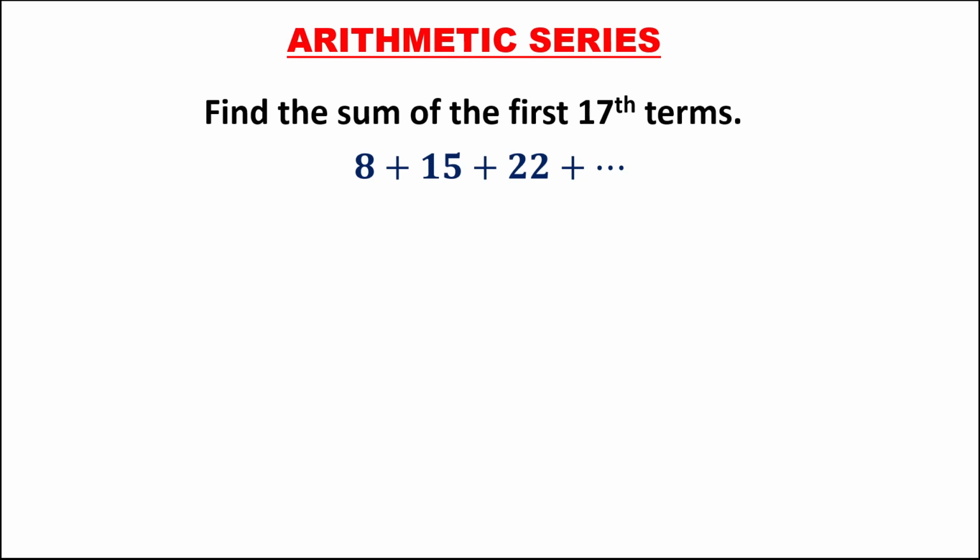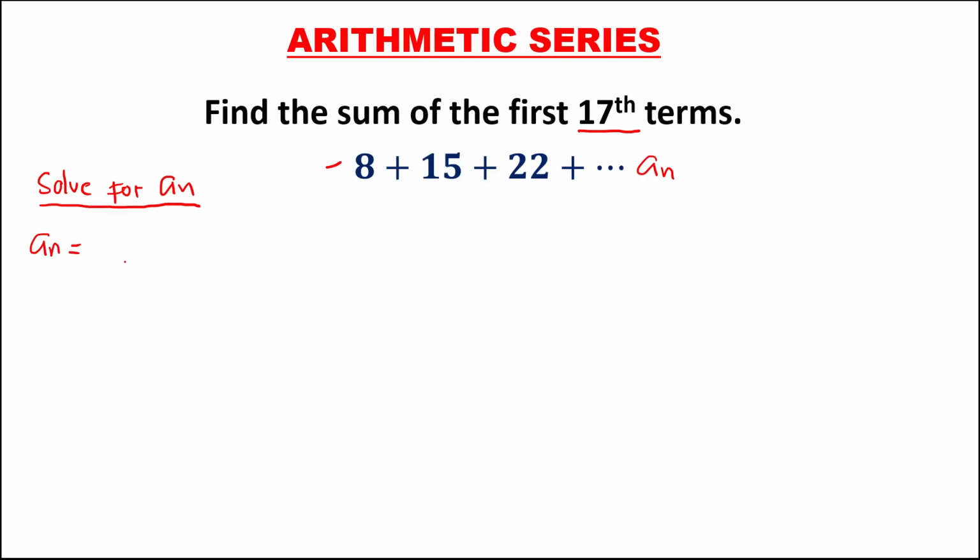So for this problem, to find the sum of the first 17 terms, take note that from this given, the last term is unknown. So therefore, we need to solve first for the last term. Since this one is an arithmetic series, we use the arithmetic sequence formula to solve